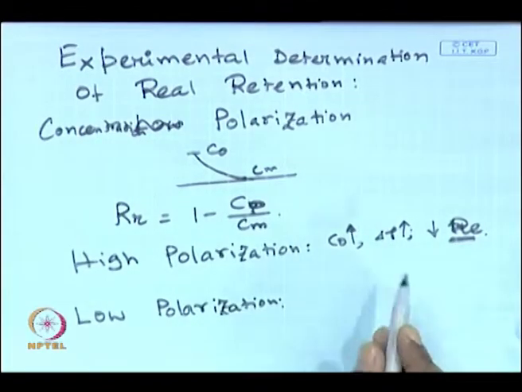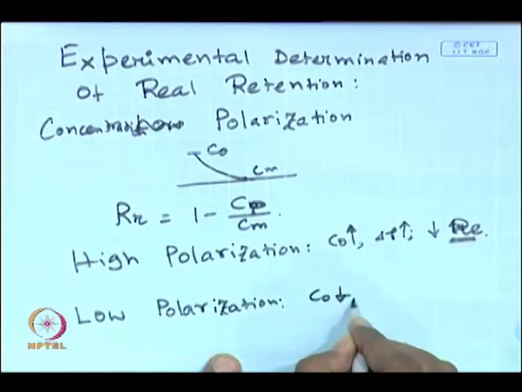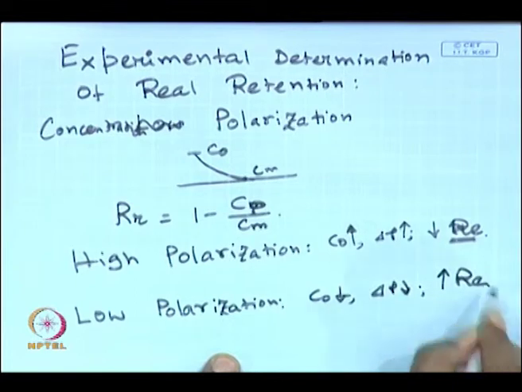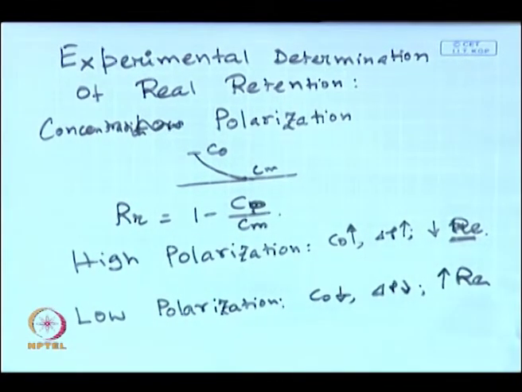So, low polarization condition means low concentration, low pressure, the reverse of this, and high turbulence. Therefore, if we carry out an experiment in a small stirred cell under low feed concentration, lower delta P or transmembrane pressure drop, and at very high stirring speed, what does it do? It mixes up everything deposited over the membrane surface. So throughout the whole feed chamber the concentration remains more or less constant, right?